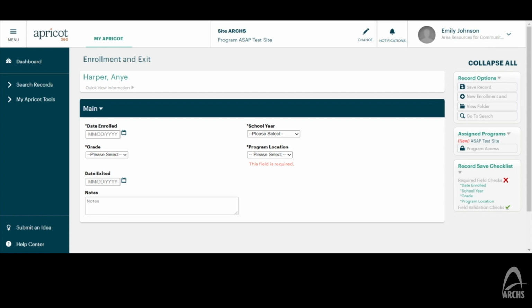What you would do is enter the date they are enrolled, whether that be the first day of programming or the date that you receive their enrollment paperwork back, then you would hit the school year. The school year will pop up with the options. So for this year, it would be 2021-2022. And you'll follow that same direction for all of the other students you're doing the same login information with,